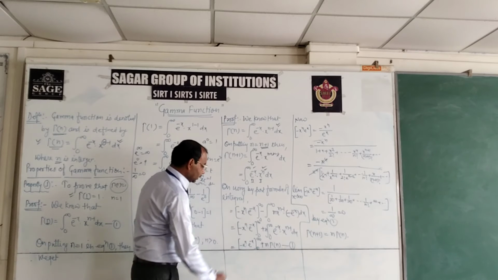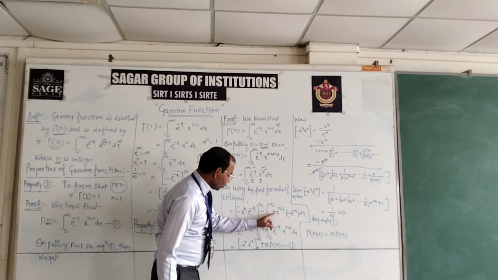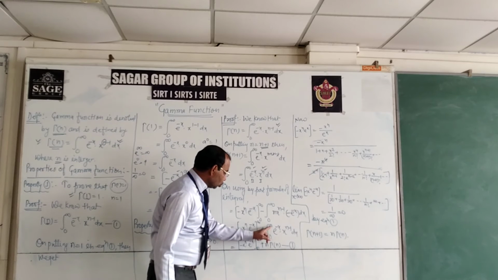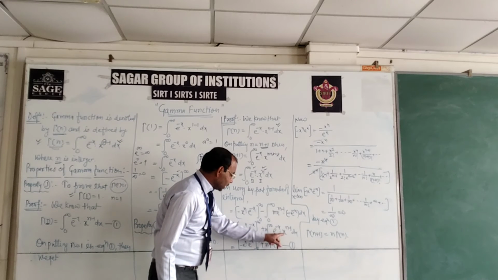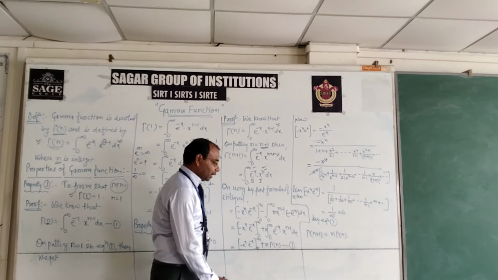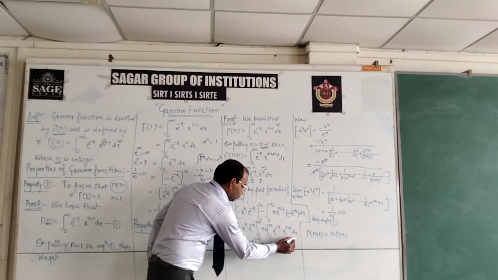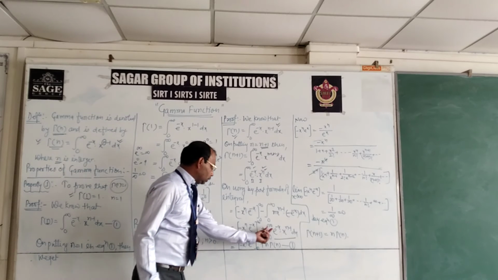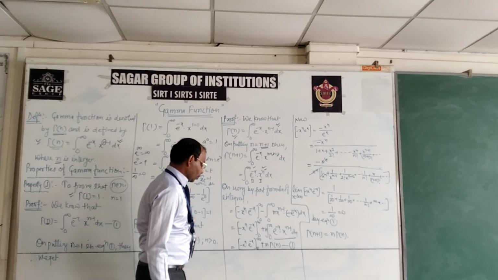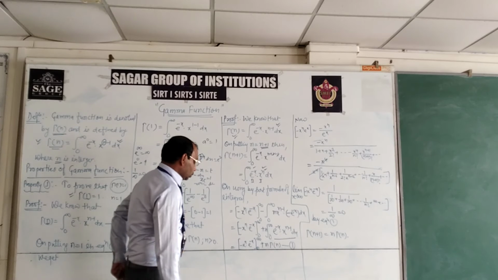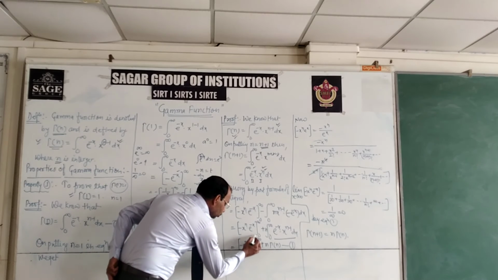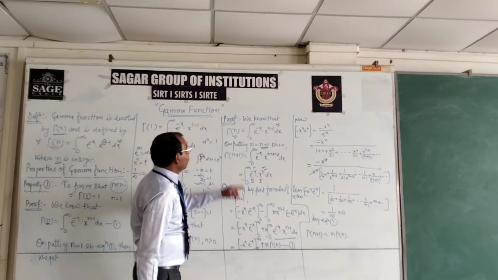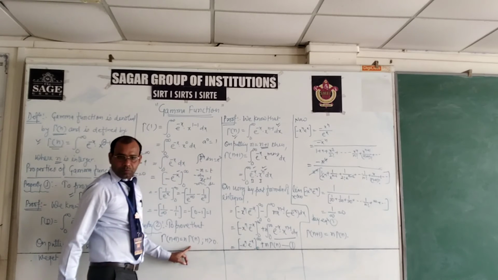Here this term is as it is. Minus times minus gives plus, n is a constant term, so n times the integral from 0 to infinity of e to the power minus x times x to the power n minus 1. This term belongs to gamma n, so this is gamma n into n. Here, if this value is 0, then the part is proved.